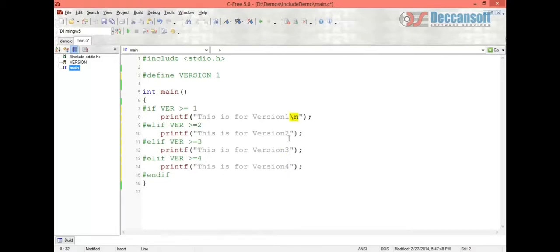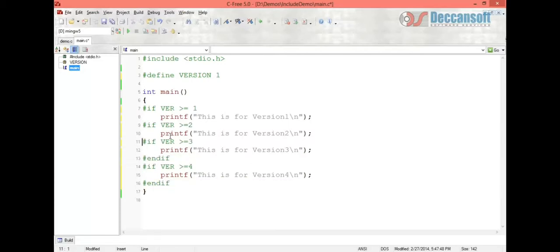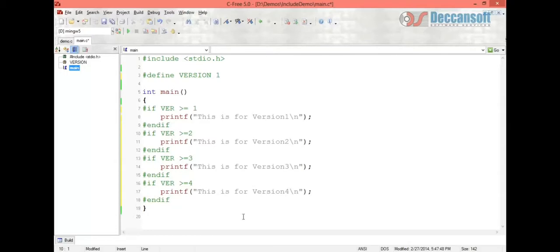Now let's replace it with \n to get into another line, and we'll end it with #endif. Where version is greater than or equal to 1, it will print version is 1. If it is equal to 1, it will print version equal to 1. Otherwise #elif, or we'll just write #elif, and we will end it by #endif.